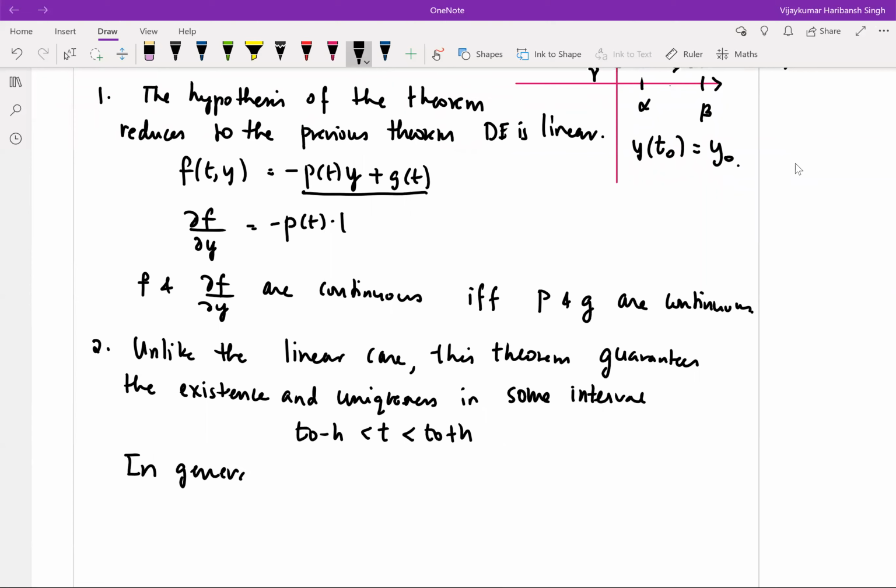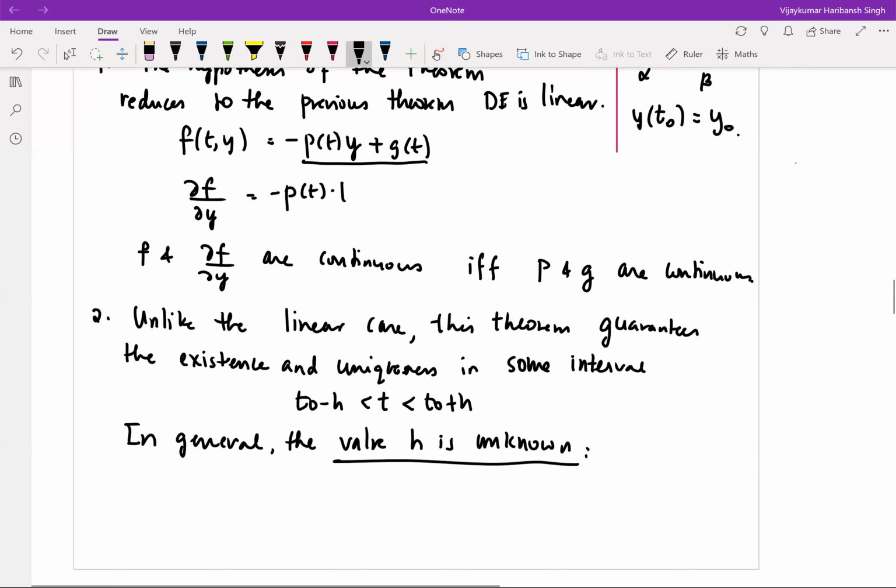Whereas in the case of linear differential equation, the value was exactly known, because all we needed to do was look at the interval in which p of t and g of t were continuous, and along with that, the interval which contains t naught, the initial parameter at which your initial value is defined. Okay. So in general, the value of h is unknown. I mean, of course, there are some special cases where you can find it out, but in general, the value is unknown. Third,